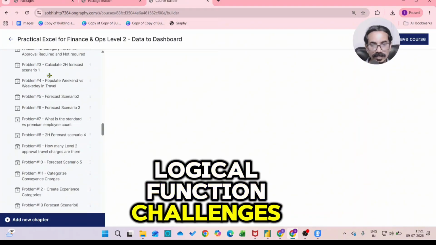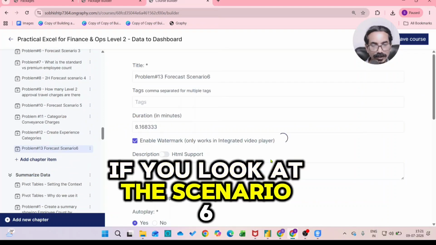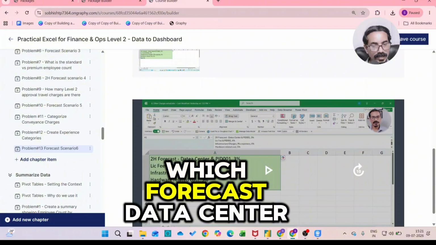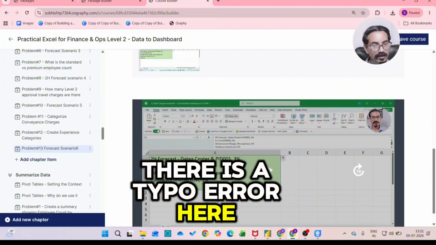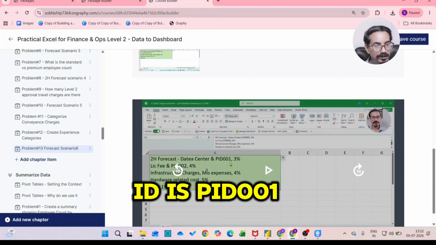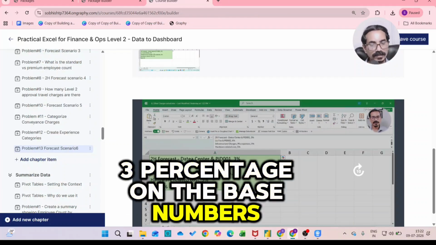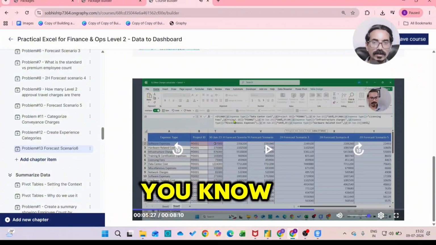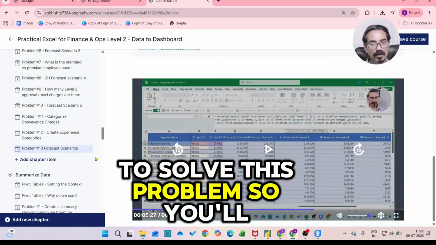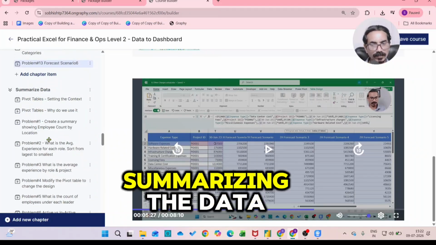For logical function challenges, you will be given a lot of scenarios. For example, in scenario 6, you will be asked to calculate the forecast. There is a typo in the data center column. You will be asked to build a forecast: if the data center and project ID is PID 001, increase the forecast by 3% on the base numbers. There are multiple scenarios using Excel functions, nested IFs with AND and OR to solve this problem. So you'll become really good at preparing your data using Excel functions, and then you'll start learning to summarize the data